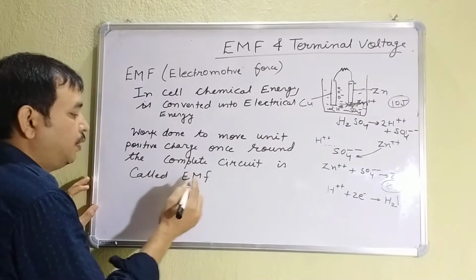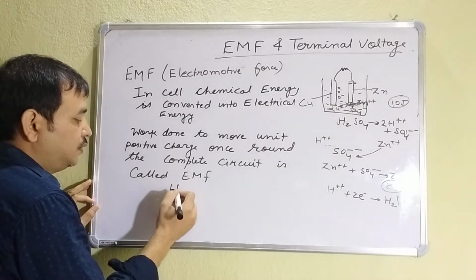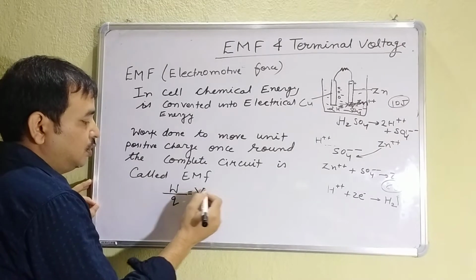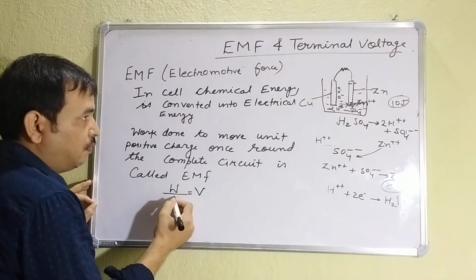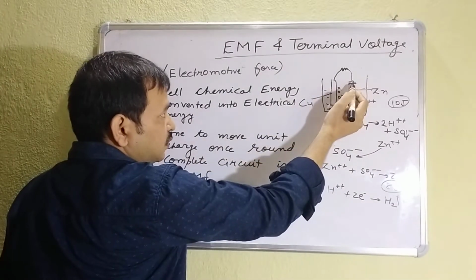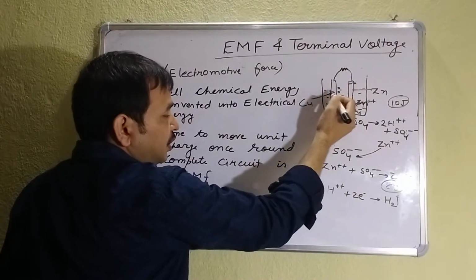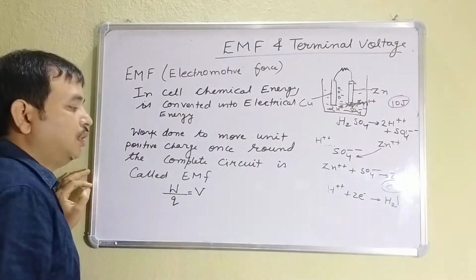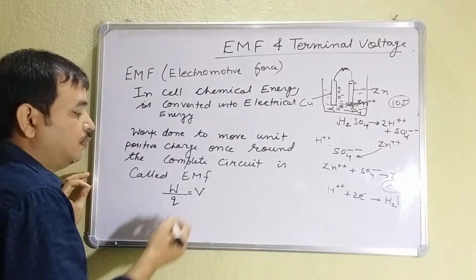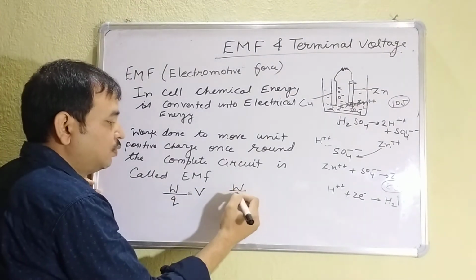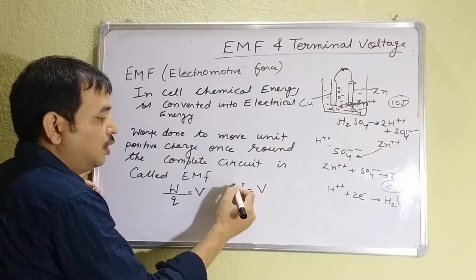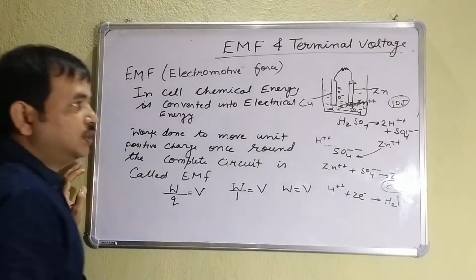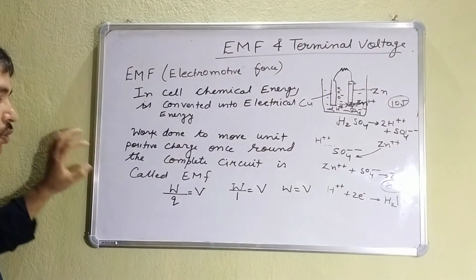What is EMF? When there is work done by charge, there will be some potential difference. This is the work done to move a unit positive charge first outside the circuit and then inside the solution. So to move the unit positive charge once completely around the circuit is known as EMF. Means if the charge is 1 coulomb, the work done is the EMF. Now you can see that this work done is equal to the potential difference here. So EMF